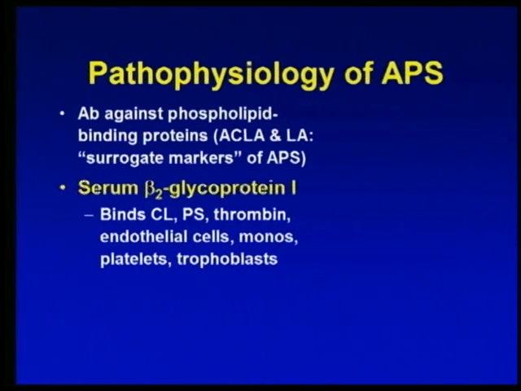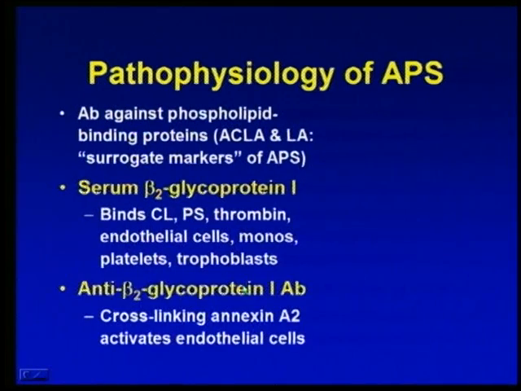We don't know exactly what beta-2-glycoprotein 1 does. It's found in the serum. We do know that it binds to many different phospholipids. It binds to cardiolipin, to phosphatidylserine, but it also binds to thrombin. It also binds to membrane receptors on a variety of cells, endothelial cells, monocytes, platelets, and trophoblasts. And one observation in terms of platelets is that anti-beta-2-glycoprotein 1 antibody,